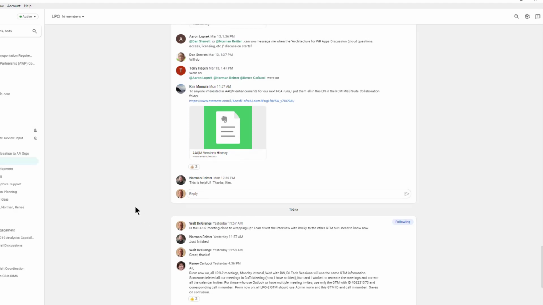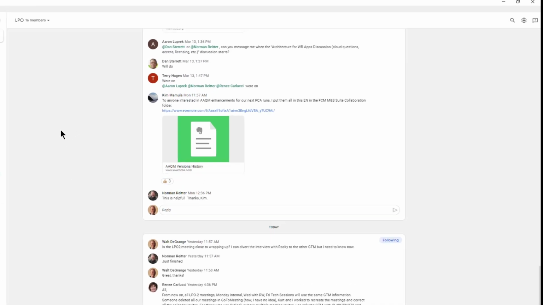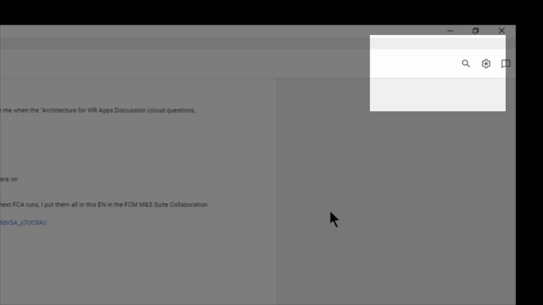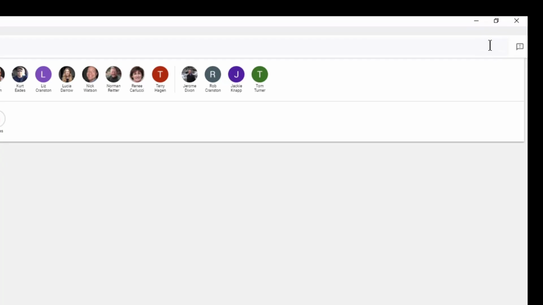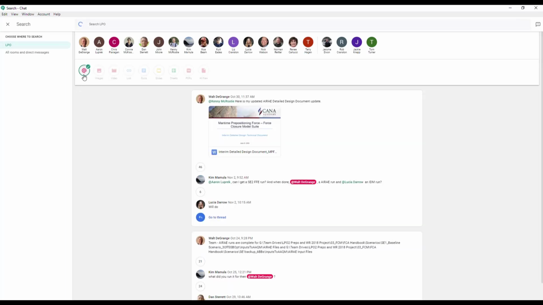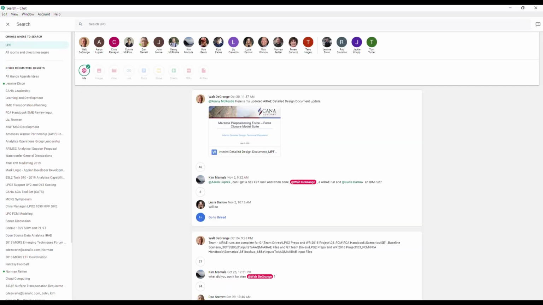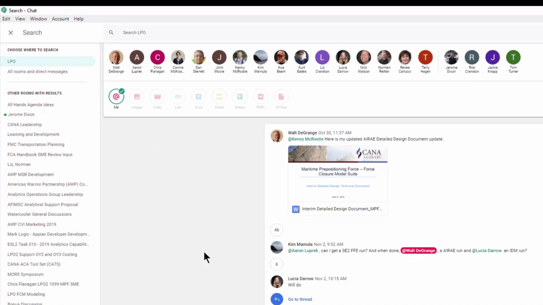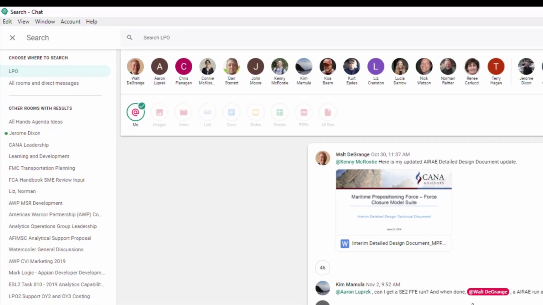My last tip for today is how do you search this? There are a lot of questions on how to search. You come up here and hit the search icon in the upper right hand corner, and there are a lot of neat selections. If I just want to see anybody who's at me in LPO2 or the LPO room, if you say at Walt DeGrange, that appears in my feed.